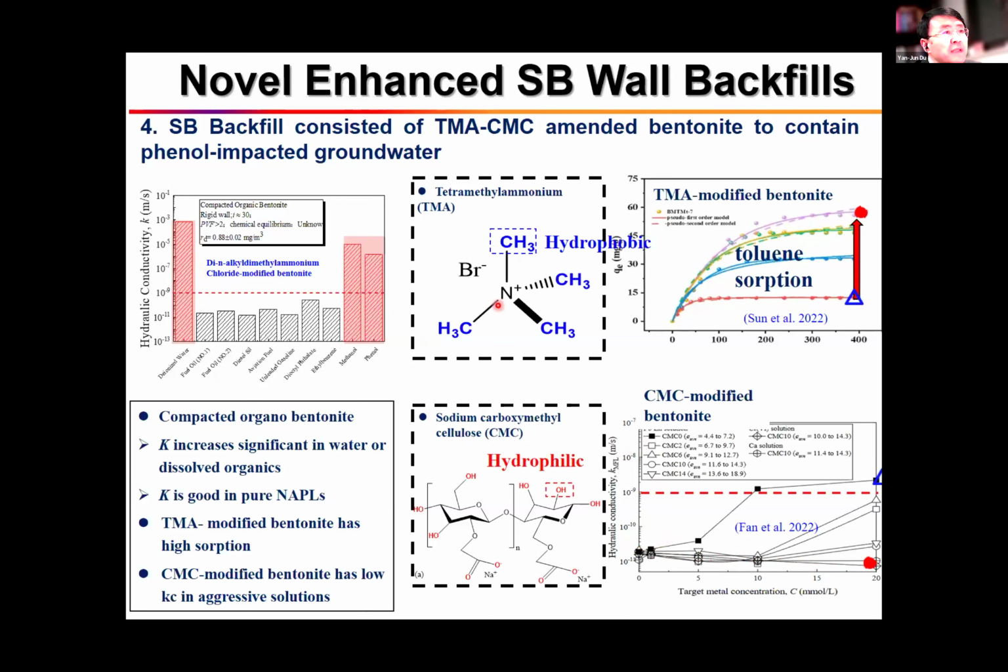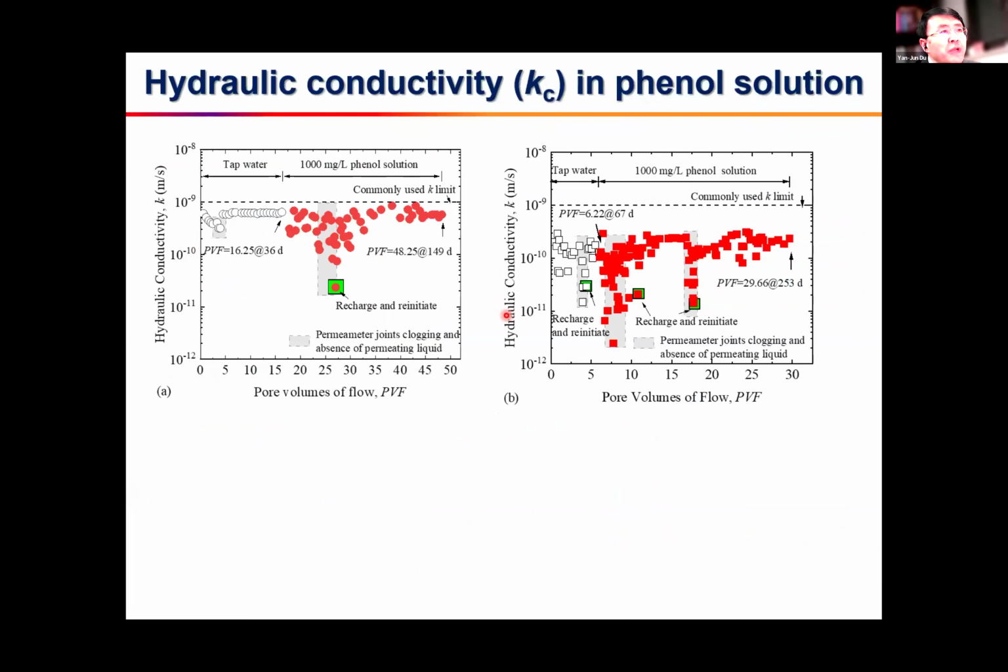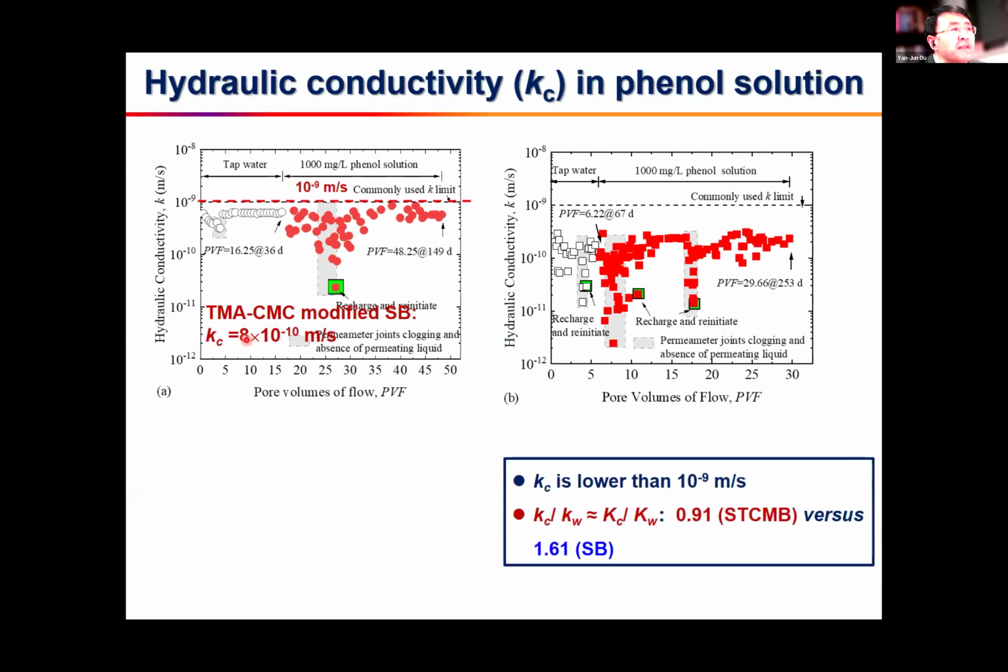We use that one to modify the bentonite, and then we use the modified bentonite and sand together to make up the backfill. We permeate the backfill with phenol solution. We find the modified SB backfill, the Kc is 8 times 10 to the minus 10 meters per second,